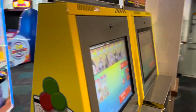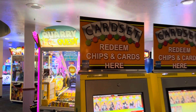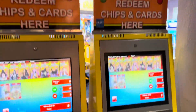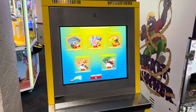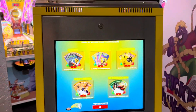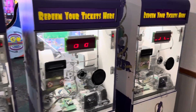So first, here are all of the redeem machines next to the prizes. They have a lot of coin pushers here, which is crazy. They have some very rare coin pushers. They have all of these card redeem machines where you can redeem all of the coin pusher sets. I don't believe it actually shows the jackpot for the coin pusher set, but I will show you guys on each machine. So overall, those are all the coin pusher sets, and they still have the ticket munchers here, which